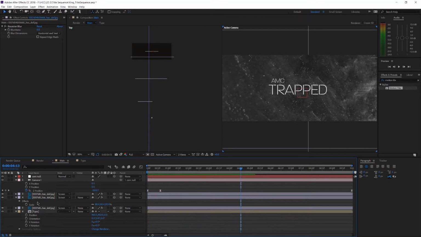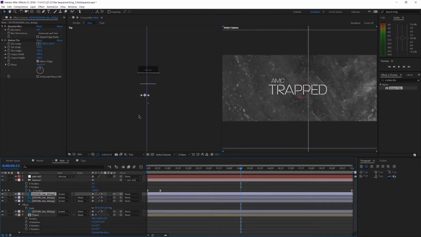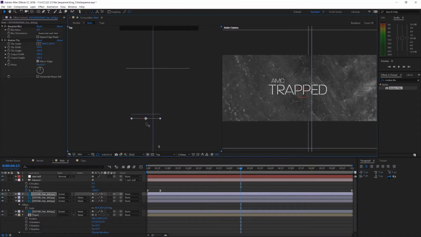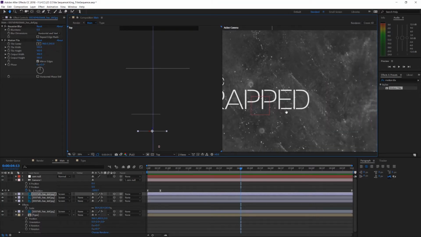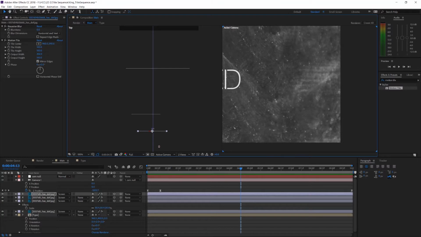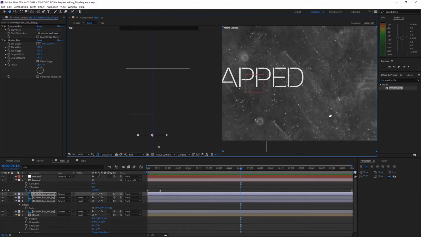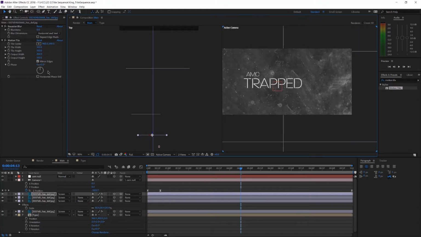So what I'm going to do is duplicate it one more time. And this time, I'm going to actually blur the layer. Although, looks like we're actually getting some blurring. No, that must be actually shot that way. But it doesn't look bad. At any rate, what you would do is